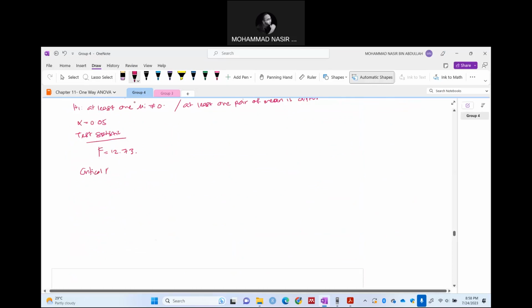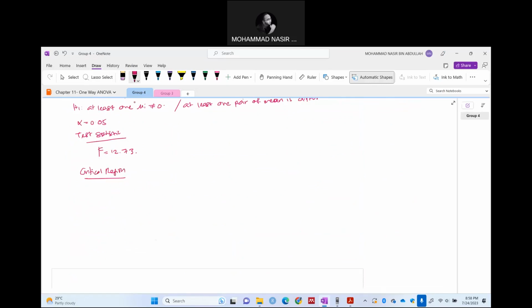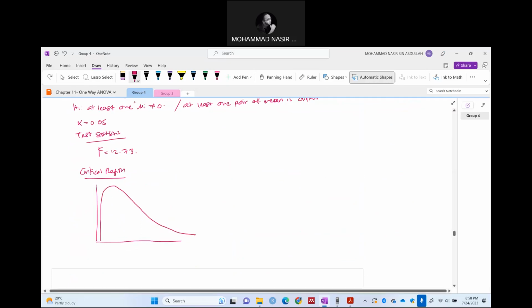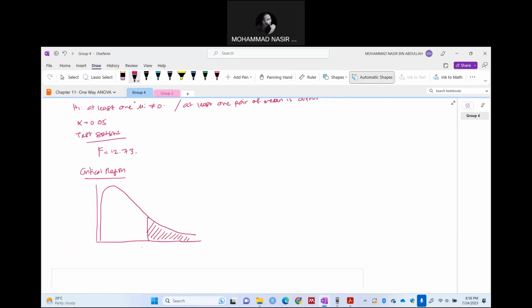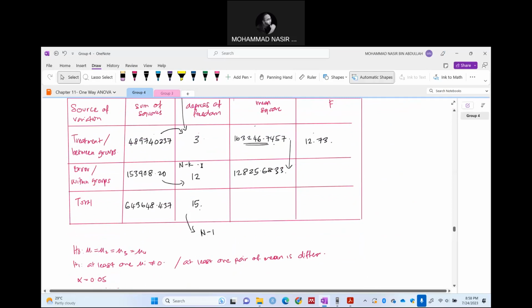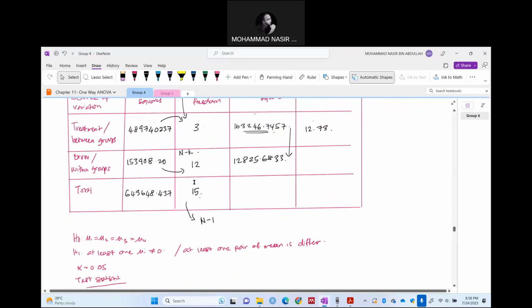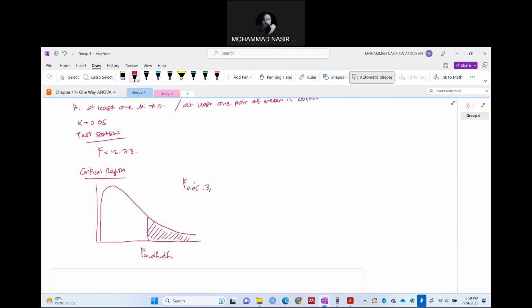So the next step is to find the critical region. So we draw a critical region, a distribution skewed to the right. So this is the rejection area. F alpha, degree of freedom 1, degree of freedom 2. So F 0.05, degree of freedom number 1 is 3, degree of freedom number 2 is 12. So 3 and 12. So look at the statistical table,